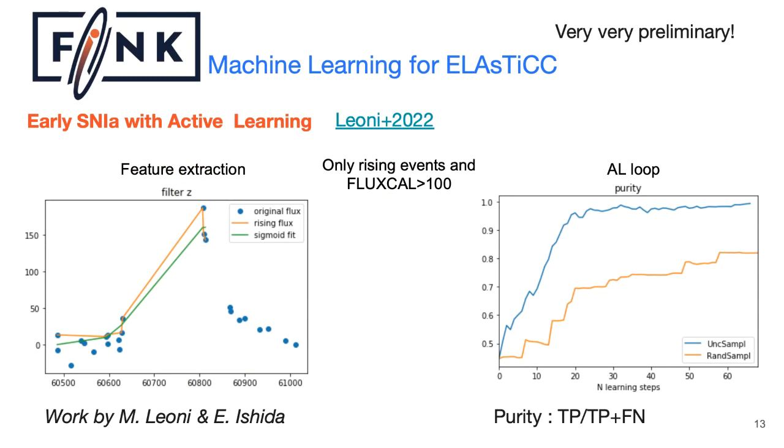This is an example of how fast the training goes. We're talking about 60 loops here. And you get, in blue the active learning loop, in orange the randomly